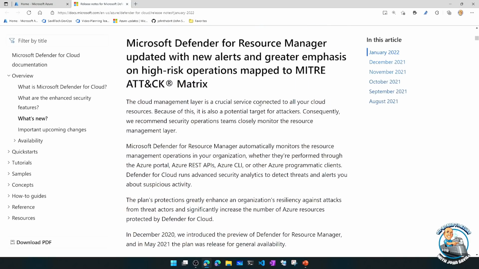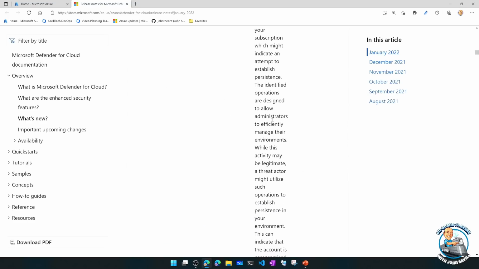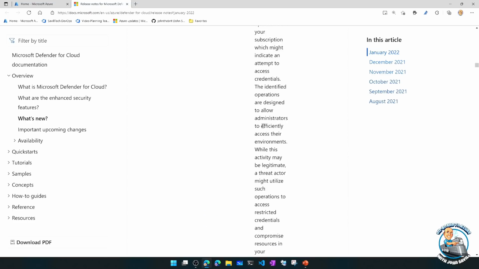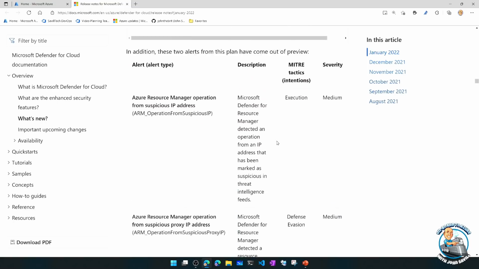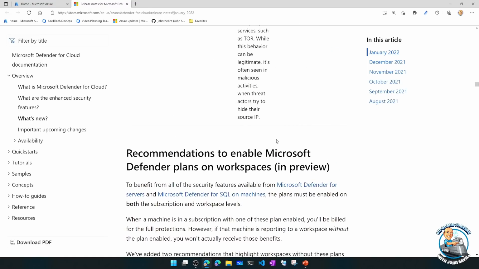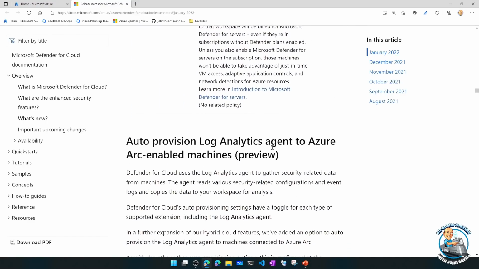So it's looking at actions on the ARM control plane to have a greater emphasis on the MITRE ATT&CK matrix, and it goes through the ones it really is going to now focus on and exactly what's happening. Then it also talks about recommendations to enable Defender plans on workspaces. And goes through the details there.